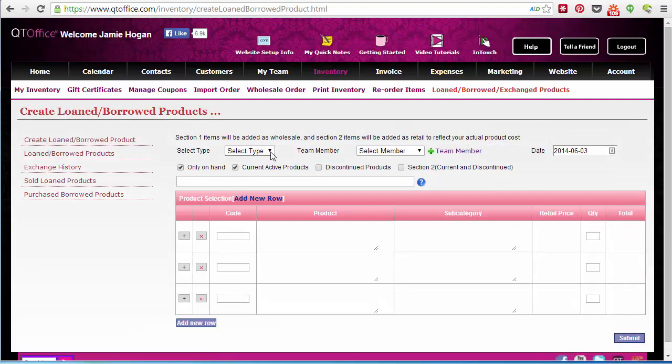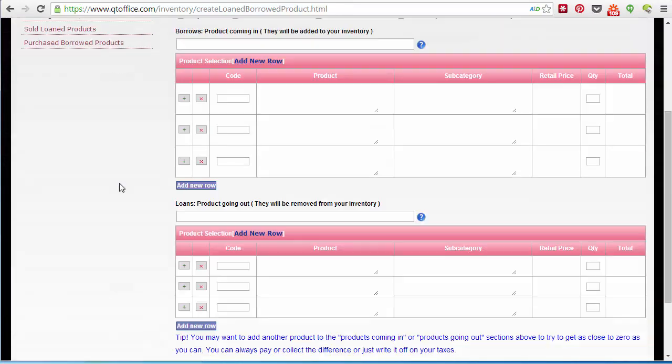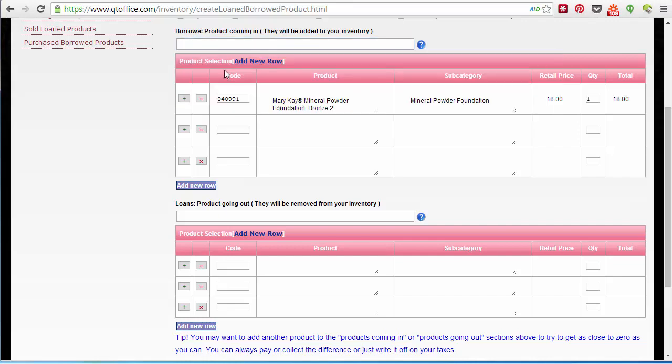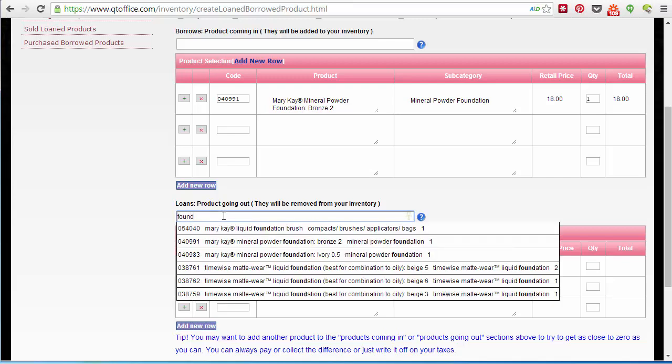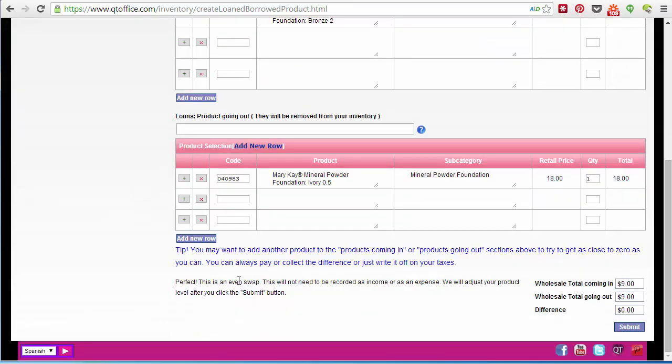When we're creating, we can do the exchange right up front. And we're going to do this with Samantha again. So we can just choose the products coming in. Let's say we need a foundation. And the products going out. Let's say we need a different foundation. So that's an even exchange, and it's showing that this is even. There's no difference. So when we click submit,